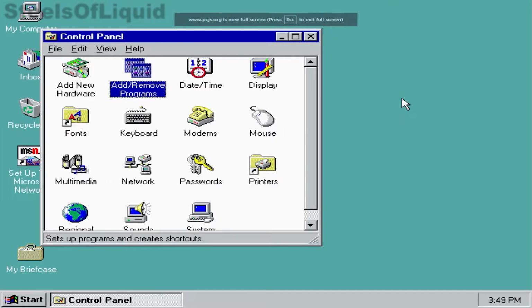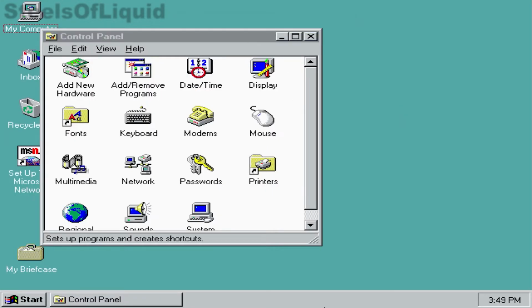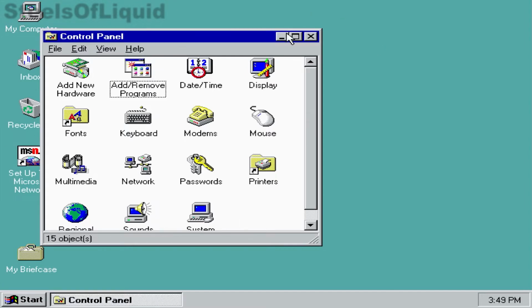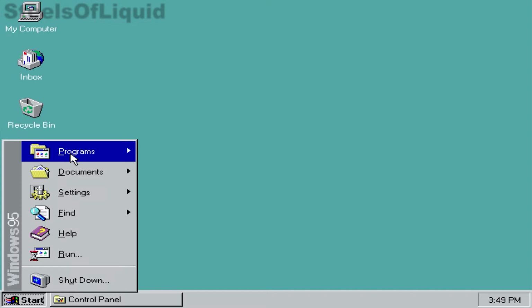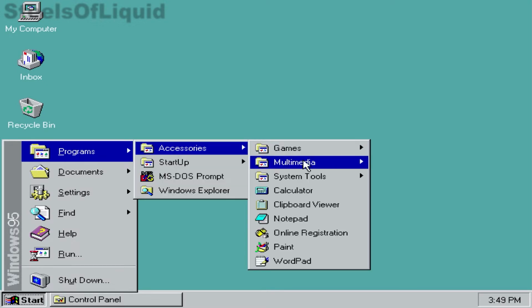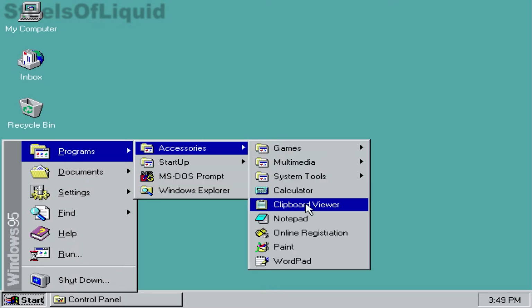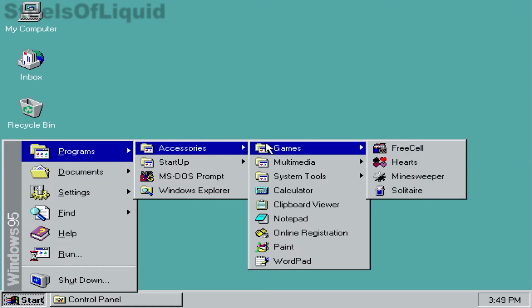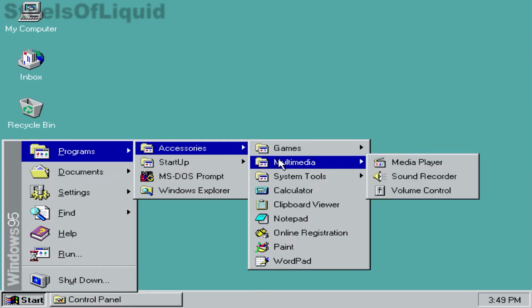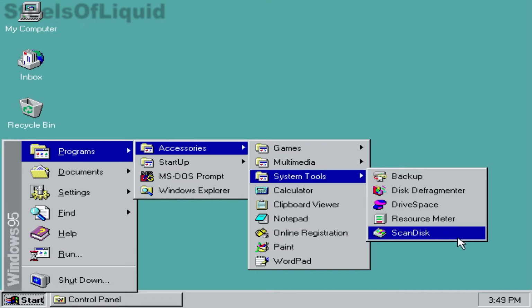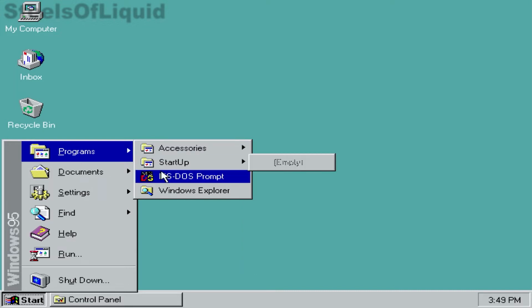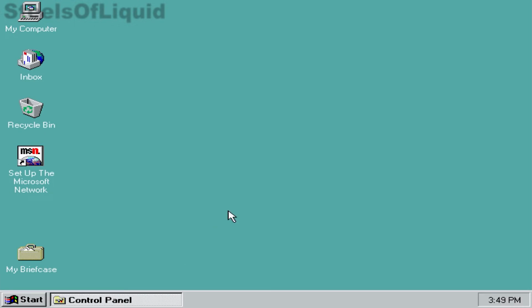Alright, now give me a second. And there we go! We now have installed all the... Now if we take a look here, we have a calculator, clipboard viewer, MSPaint, WordPad, we have some games, the multimedia, some more of these, and I'm pretty sure we now have,